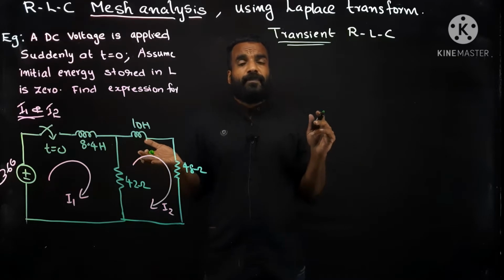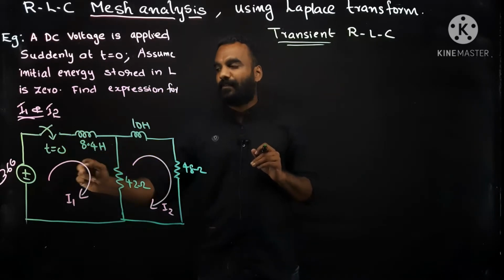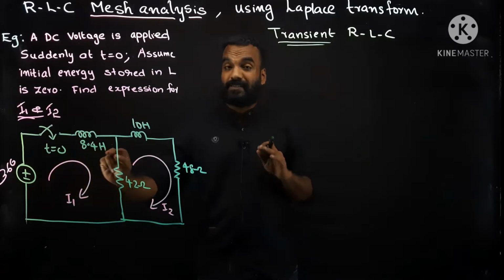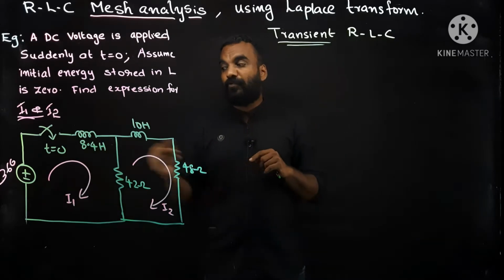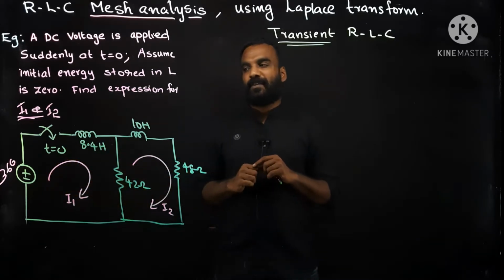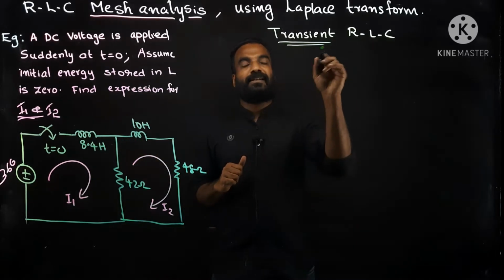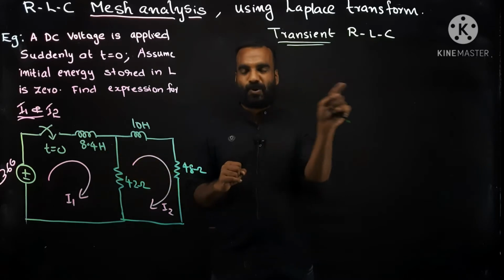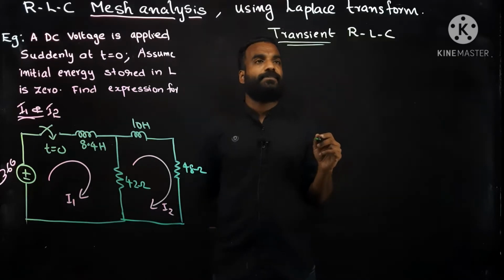But in switching, if a switch is there, even with DC we are considering it as a disturbance or oscillation due to the action of switching. So with DC also, with a switch, we have to consider transient analysis, because the source is no more a constant steady source. It is a source with some oscillations.